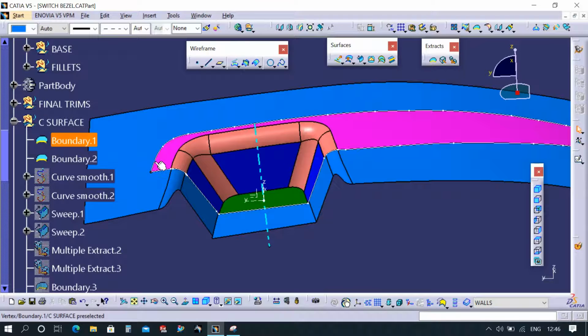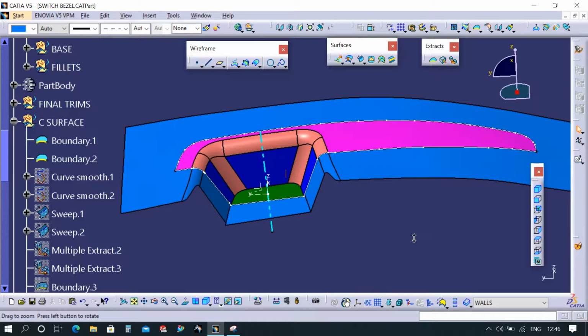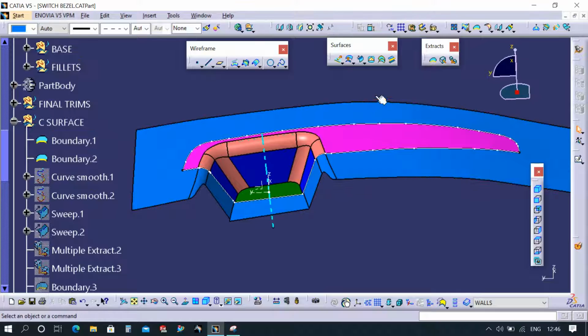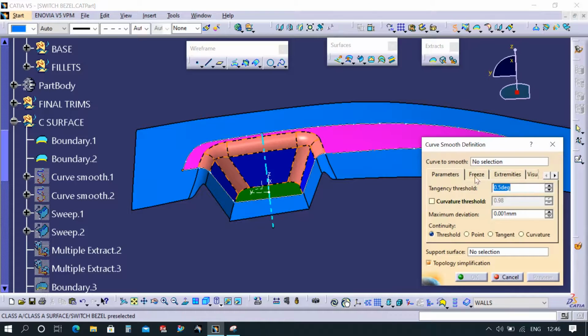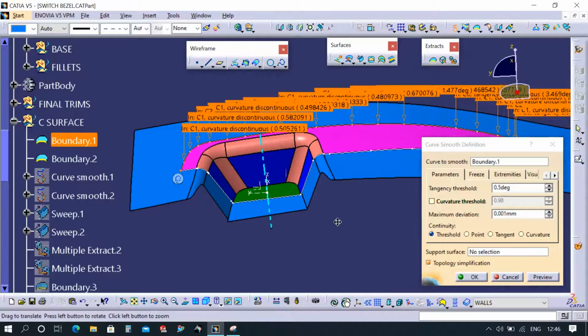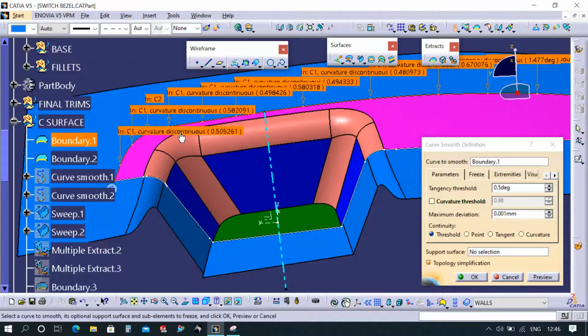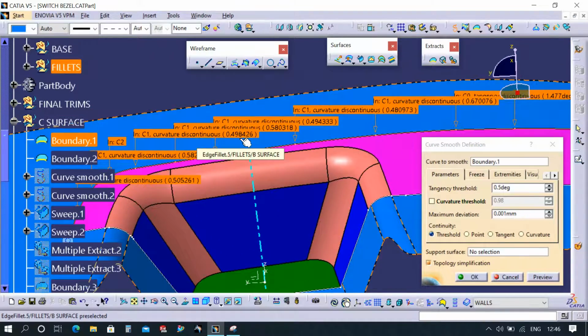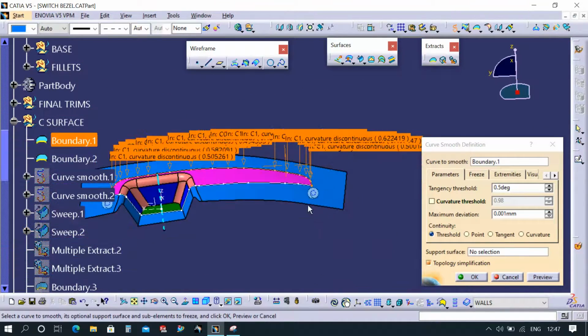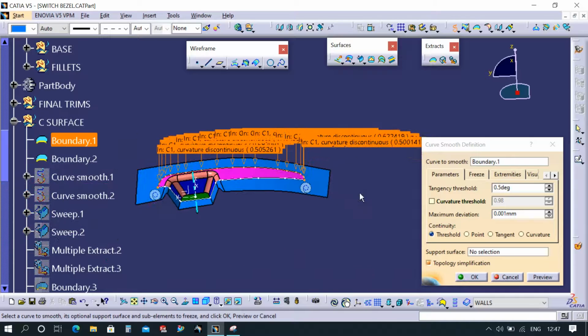And after taking the boundary, you can see the point, right? This is a vertex. So you try to avoid this vertex. How can you do that? The vertex will be removed by curve smooth. Go to curve smooth, select the line. See here what the command tells: in curvature 1, discontinuity is 0.505261. Like this, every vertex is connected with the adjacent curve.